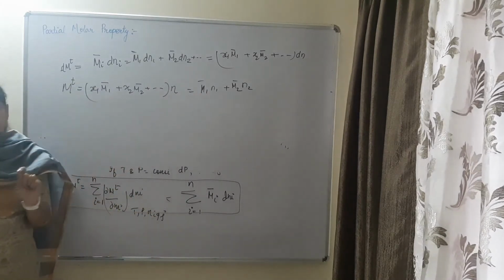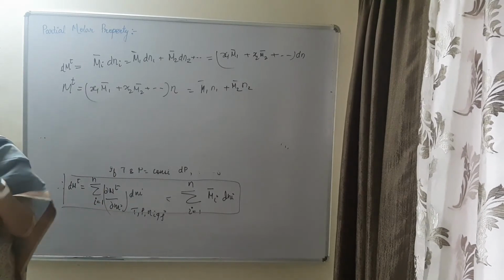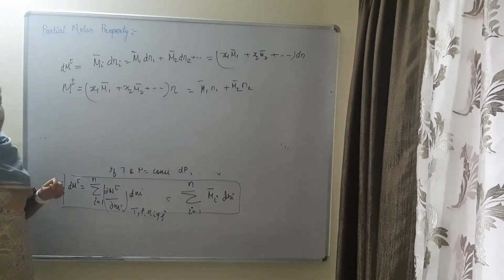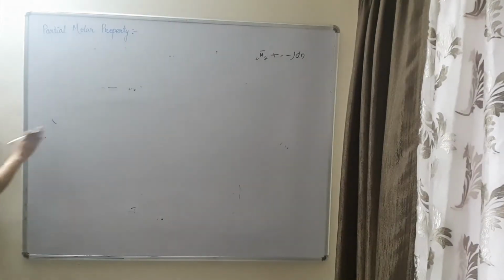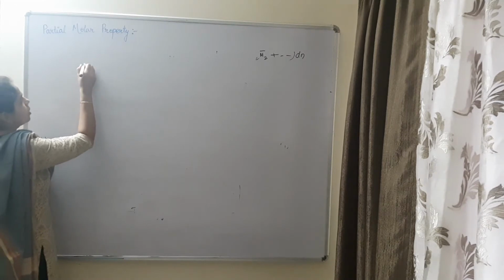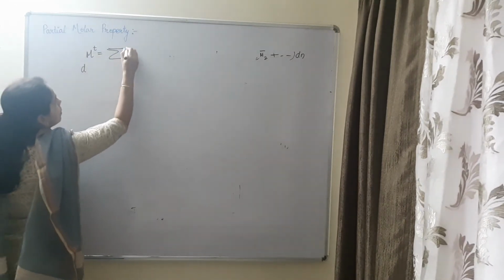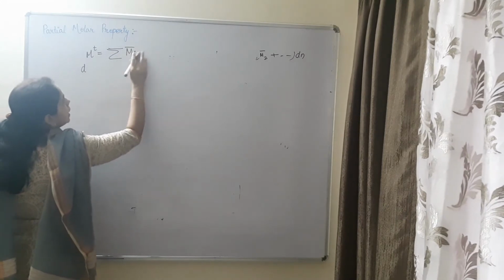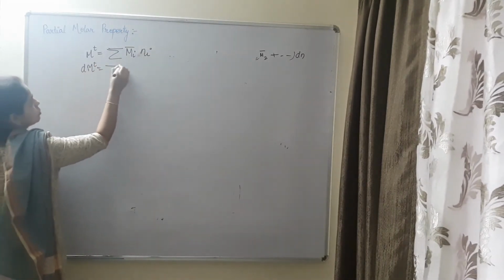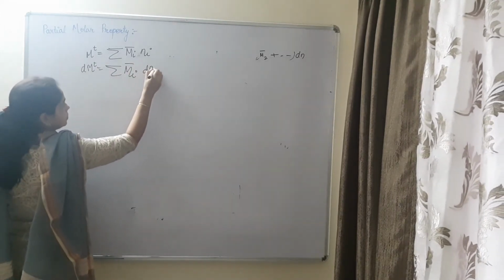This is the total property of the solution: the sum of the partial molar properties of the constituents, each weighted according to its number of moles. So now we have this relation: mt is equal to the summation of mi bar ni, or changing this, you can write it in terms of mi bar dni.